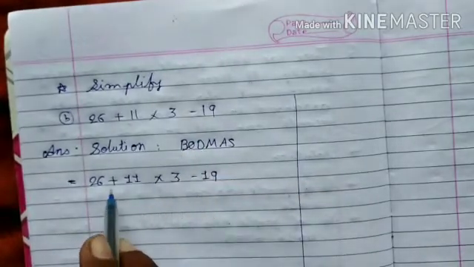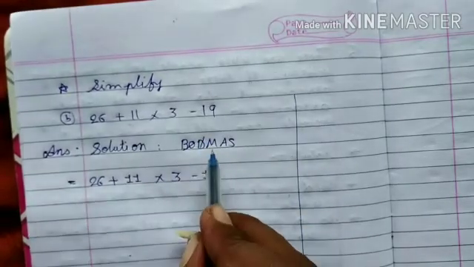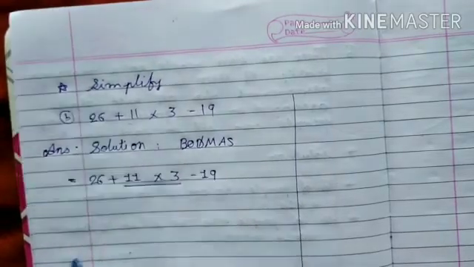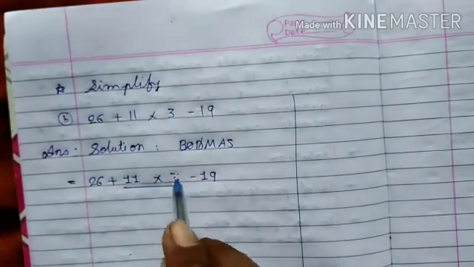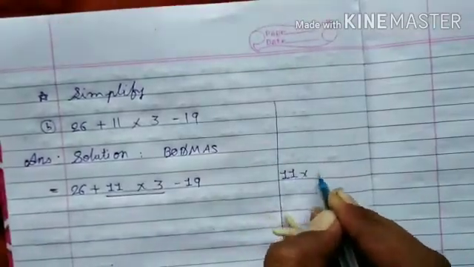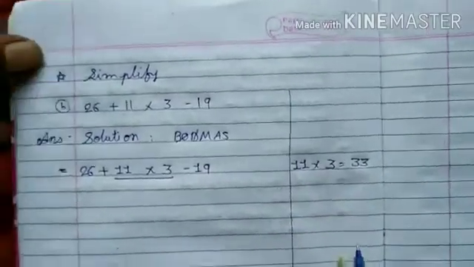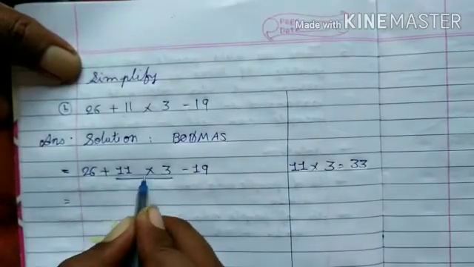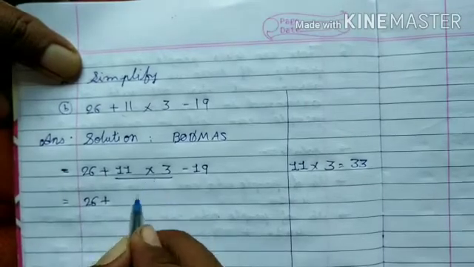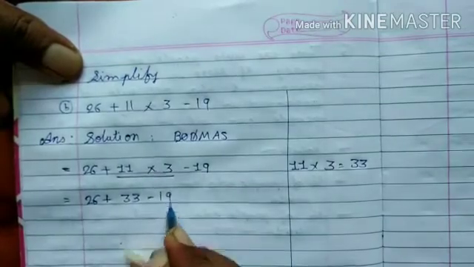Now next is division, addition, multiplication and subtraction. So division is also not given. Multiplication, yes, that is given: 11 multiplied by 3. Let's copy here. 11 3's are 33. We have to keep the answer, right? But before the operation it is given, so I have to copy this 26 plus. Now I can write the product 33 and the remaining things I have to copy.